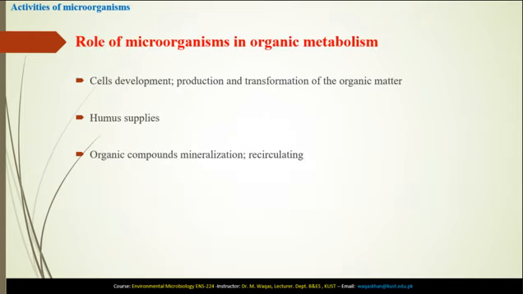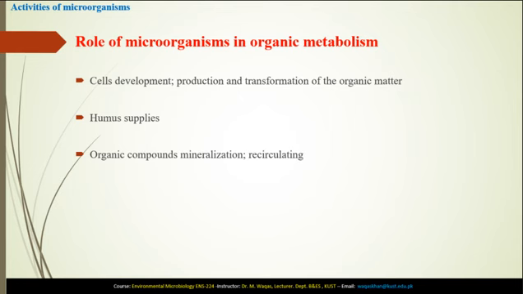The second one is the role of microbes in the metabolism of organic and inorganic compounds. The first one is the role of soil microbes in the metabolism of organic compounds. As you know, microbes produce and transform the organic matter by producing biomass of their own cells. As I told you, microbes are not working for us. Basically, they are trying to meet their own needs. So simply we can say microbes produce and transform the organic matter by producing biomass of their own cells